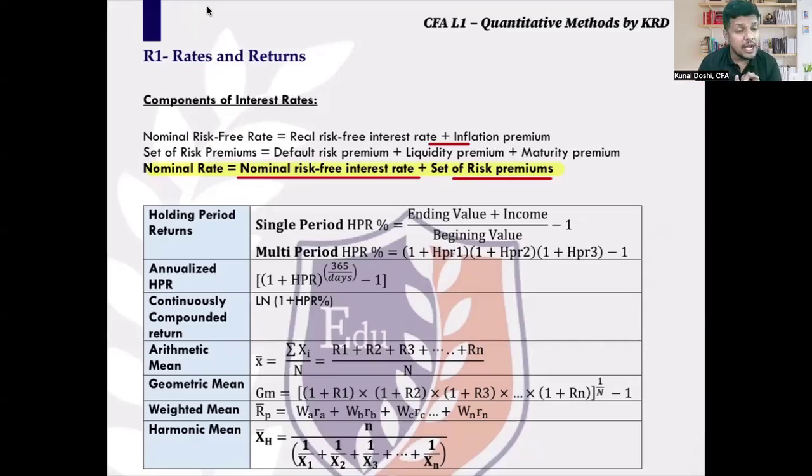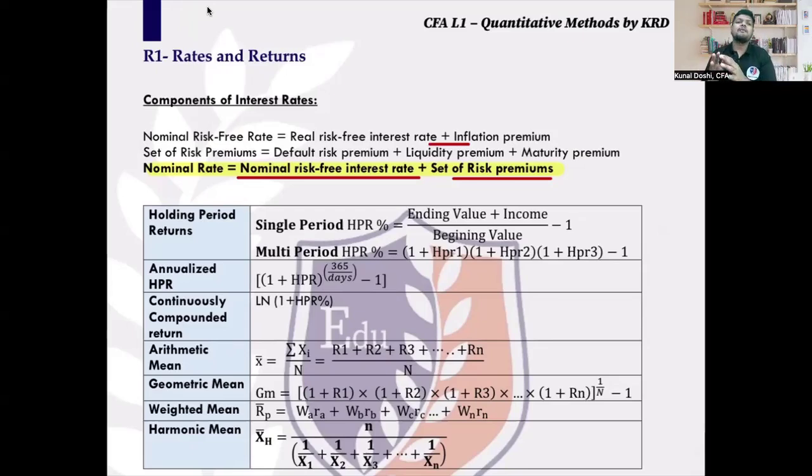The risk of default. Yes, corporates can default. Government bonds hardly default. Second, liquidity premium. So default risk premium, and second is liquidity risk premium. What is liquidity? When you want to sell a bond, which bond is easier, quicker to sell? A government bond, because it has huge volume. There are too many buyers and sellers for a government bond. So compared to a government bond, a corporate bond is illiquid. Illiquid means difficult to sell at the fair value.